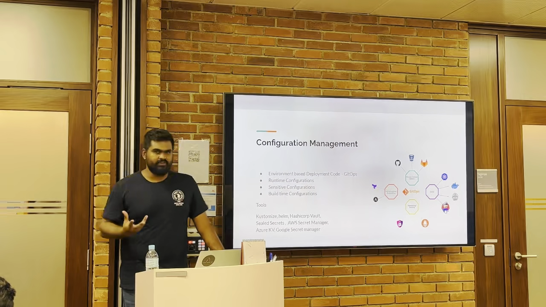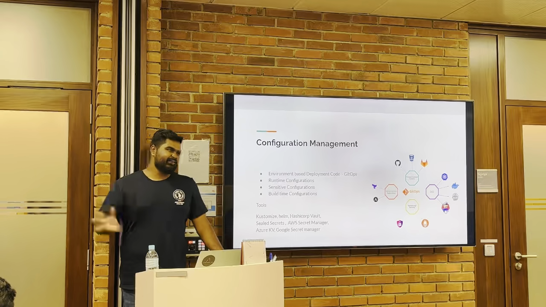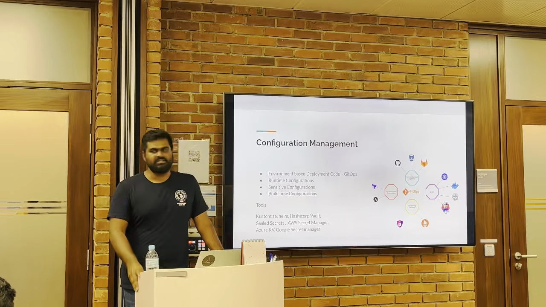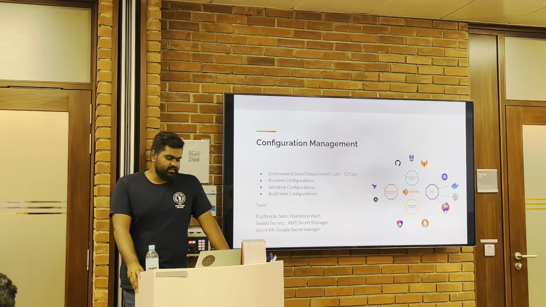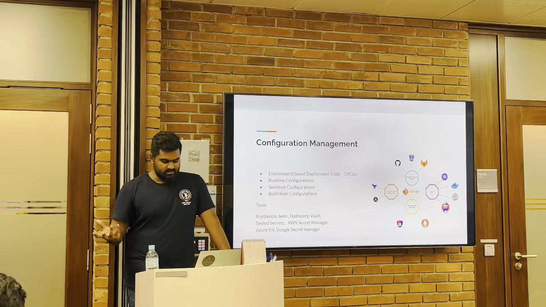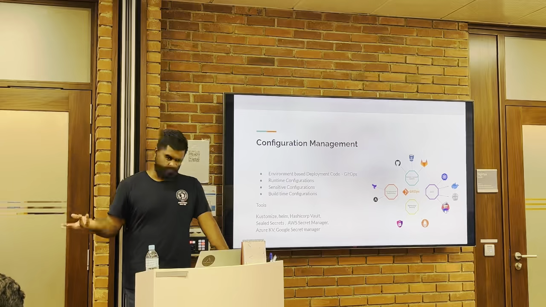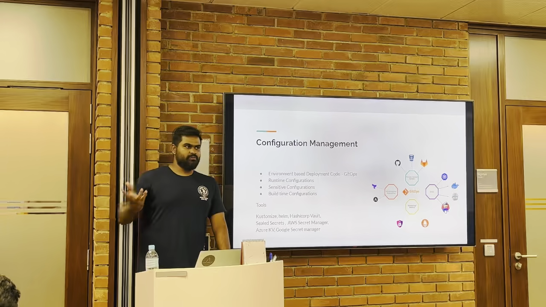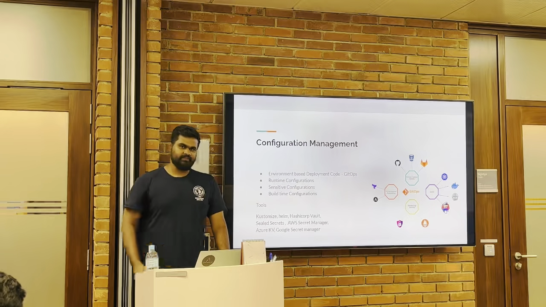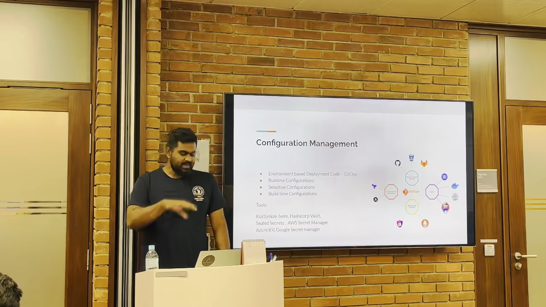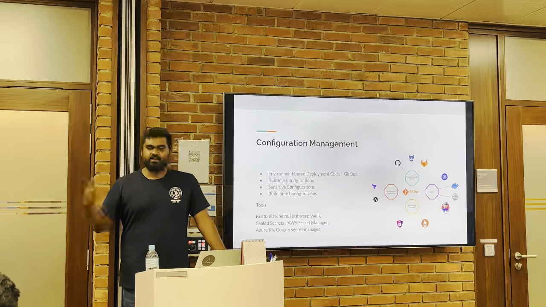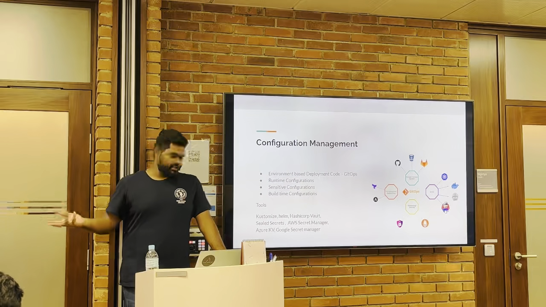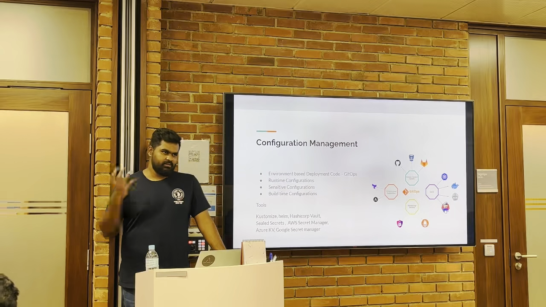And also there are build time configurations if you're running some tests or whatnot. There are certain things that you have to pass as build time arguments, right? To do this, the tools available in that CNCF landscape are Kustomize, Helm, HashiCorp Vault, these are the open source ones. Sealed Secrets, another open source one that allows you to manage secrets in Kubernetes in a secure way. Other than that, cloud natively, vendor specific, you have AWS Secrets Manager, Azure Key Vault, Google Secret Manager, etc., which would